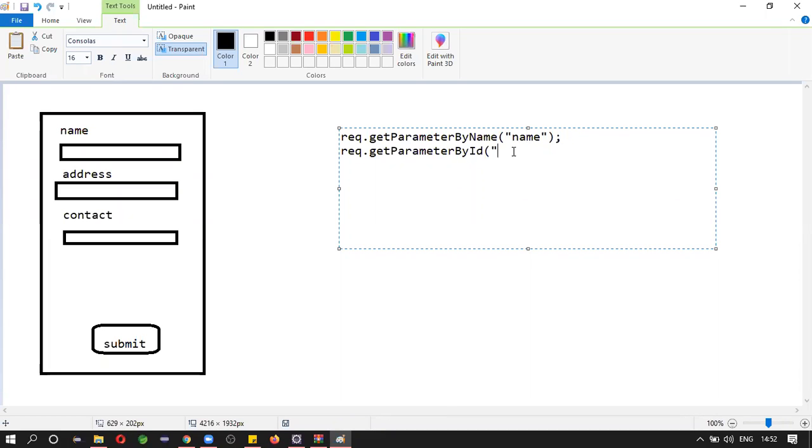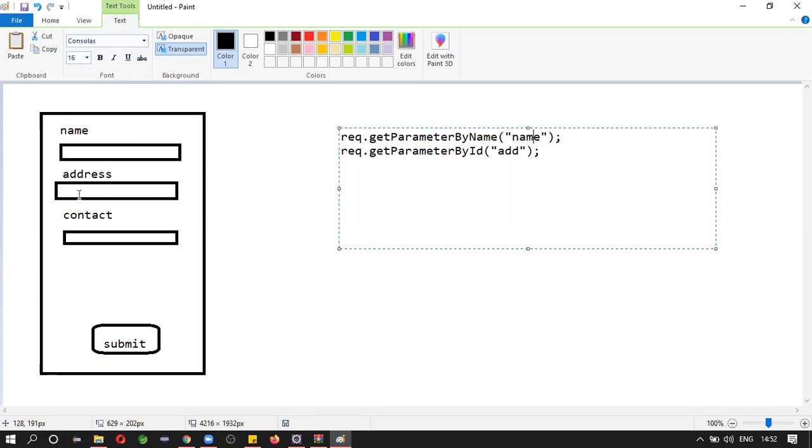By ID, we can get the address by ID. As of now, I'm not explaining what ID is here. Don't worry about what is ID, what is name. This is the label name, so that's why I used the name as it is. Now you didn't see any ID here. This ID is related to this text box.